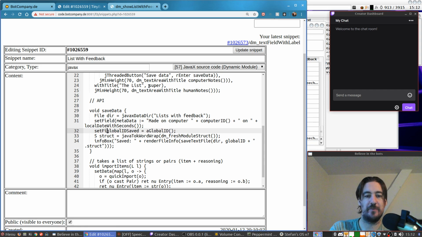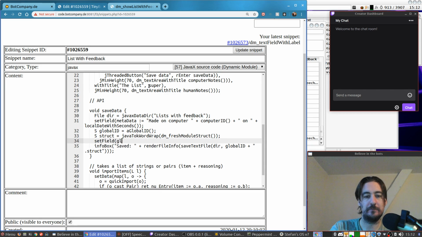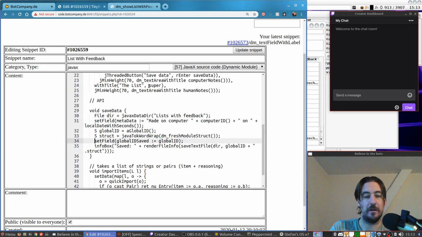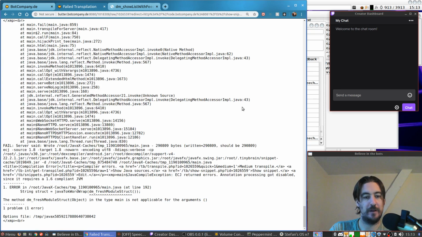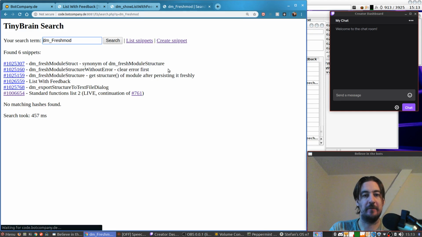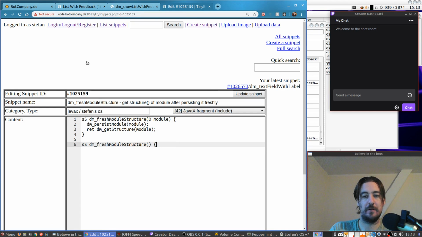Let's save the last ID that we have. Alrighty. Could this work? Who knows? Failed. Yep, that's a very small error. By default, we use the current module.